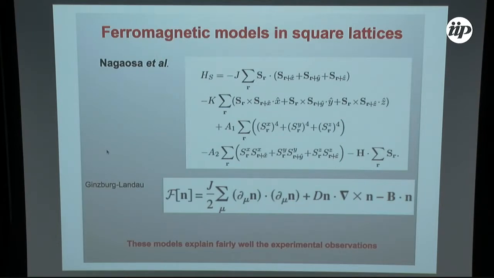Coming to the materials, Nagaosa and collaborators have made many important contributions to this subject, and in particular, they were the first to try to fit the MnSi experiments. This was a model proposed. This is just exchange in the cubic lattice. This is Dzyaloshinskii-Moriya. Here you see you have only one modulus, so all the Dzyaloshinskii-Moriya couplings have the same value,